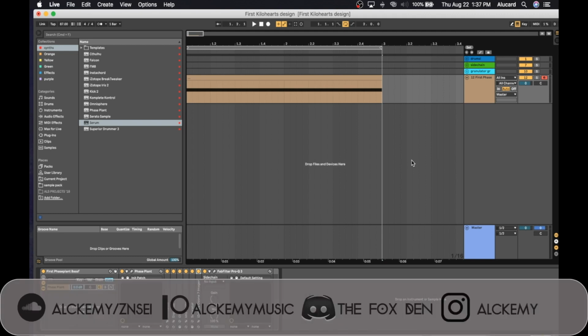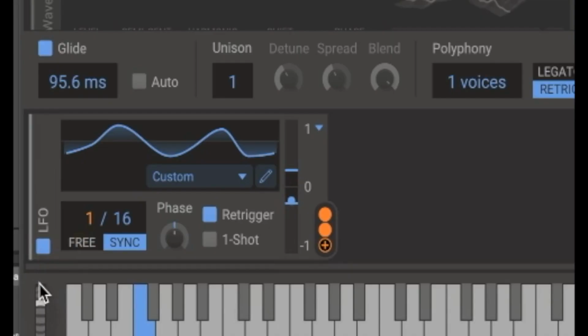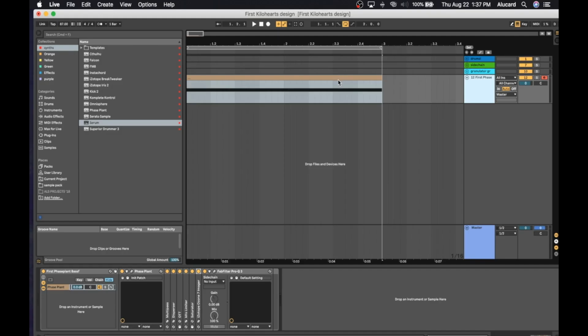And I'm happy to introduce the very first patch that I've made from Phaseplant and Multipass, which sounds like this. So if you're interested in figuring out how this bass is made, then stick around for a bit and I will show you how. Now, before I go into this any further, I kind of just want to mention that